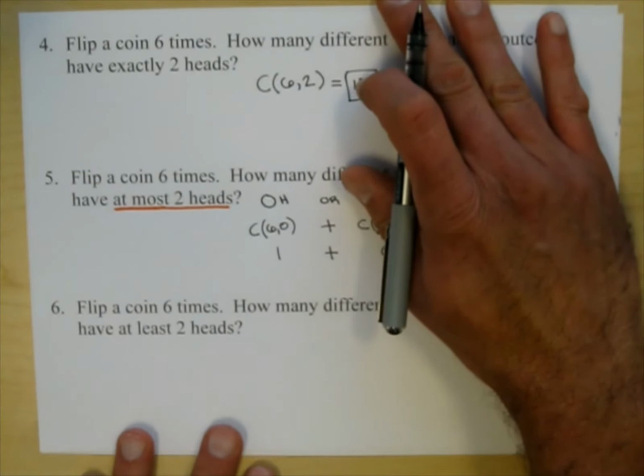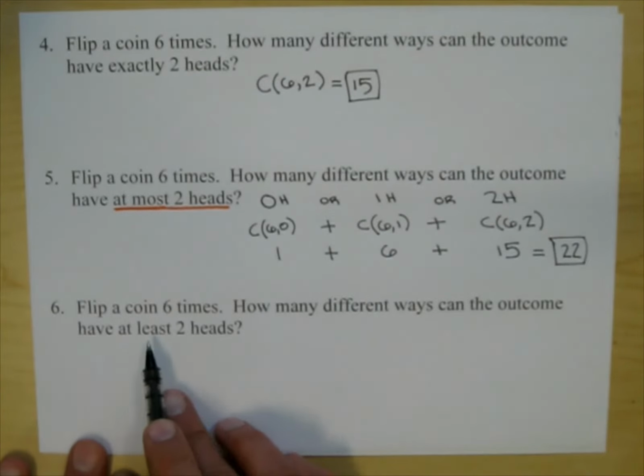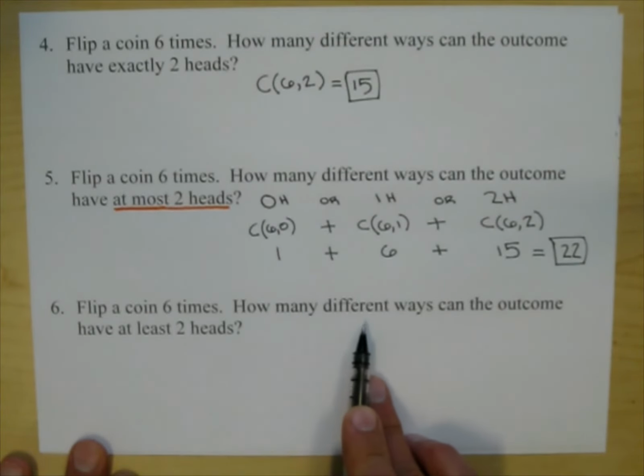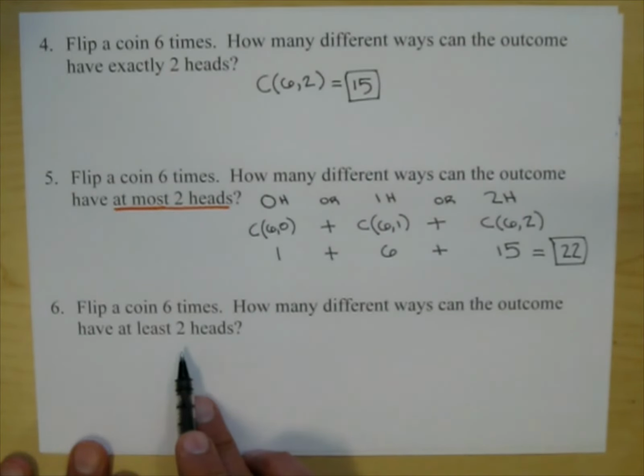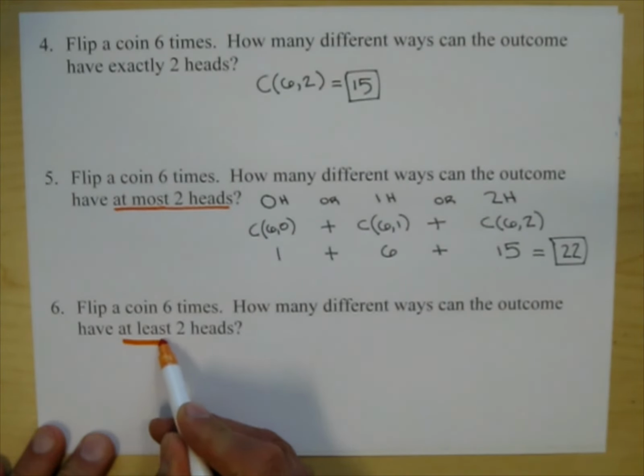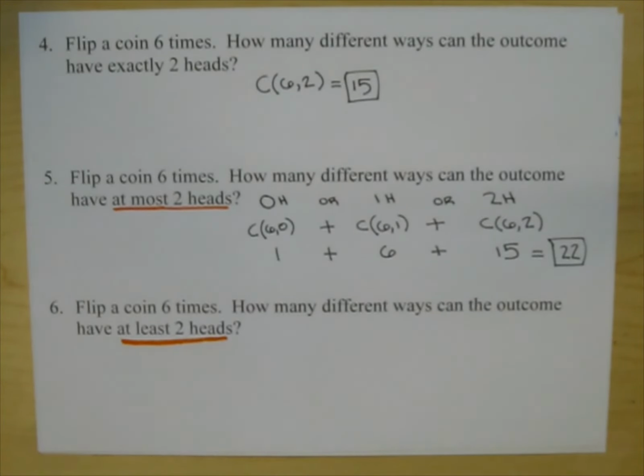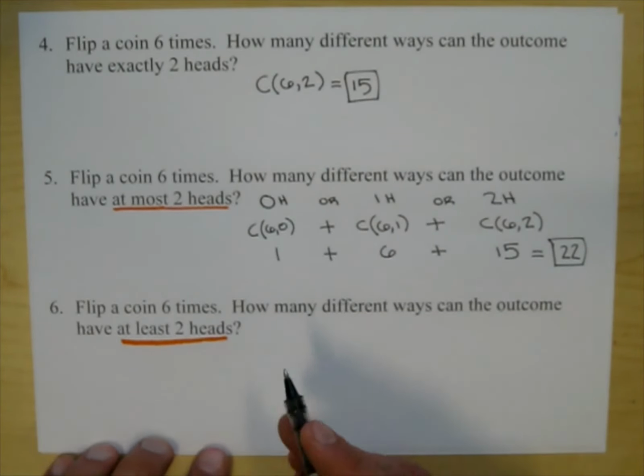Okay, so problem number 6. Flip a coin 6 times. How many different ways can the outcome have at least 2 heads? At least 2 heads. Well, at least 2 heads means 2 heads or more. 2 heads or more would be,